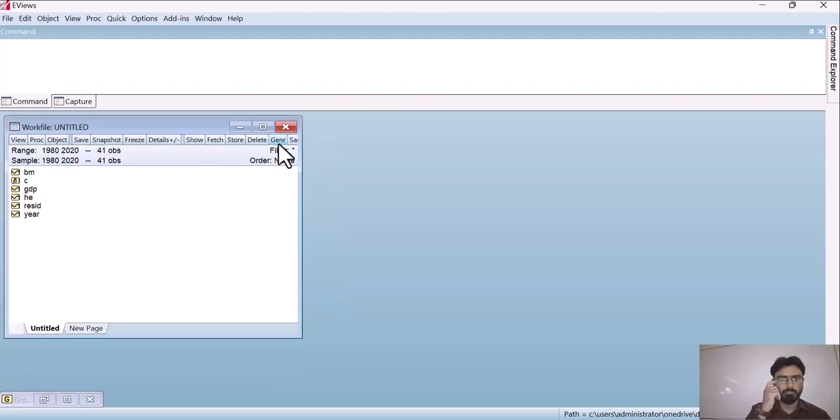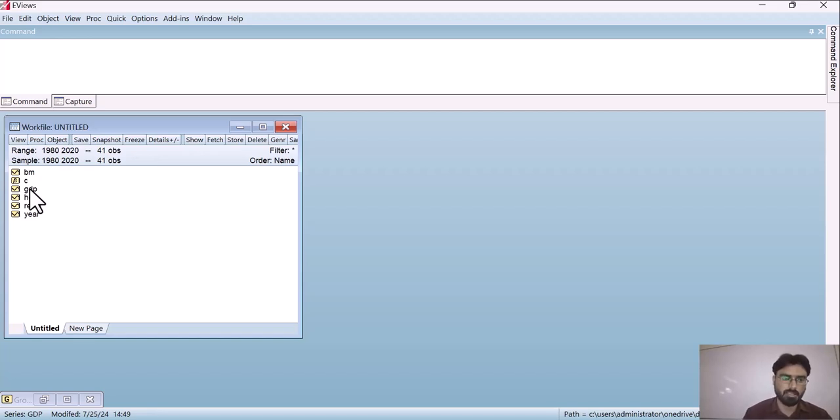So now before converting a non-stationary series into stationary, first we have to look at whether that particular series is stationary or non-stationary. So let's assume I am going to check this variable GDP. I am going to check whether this variable is stationary or not.